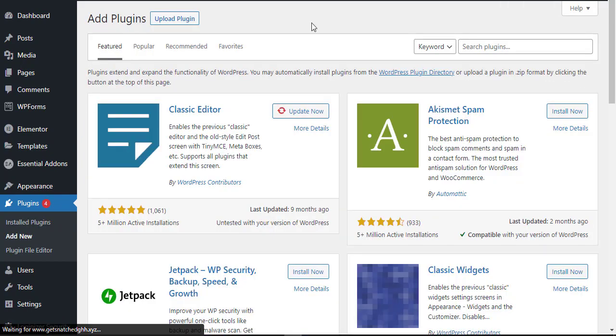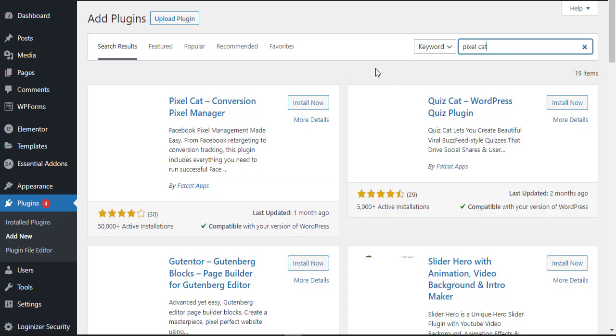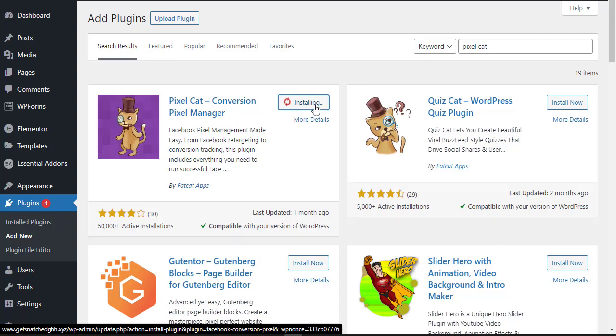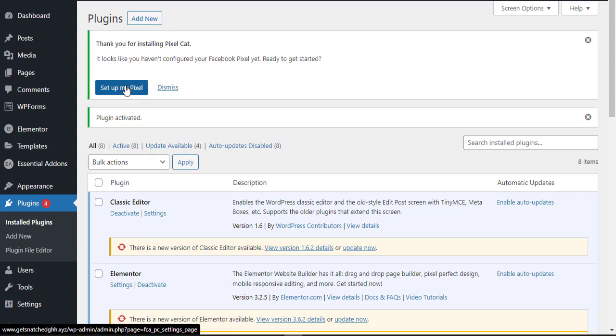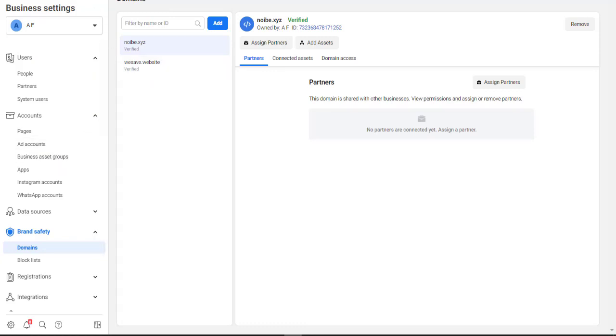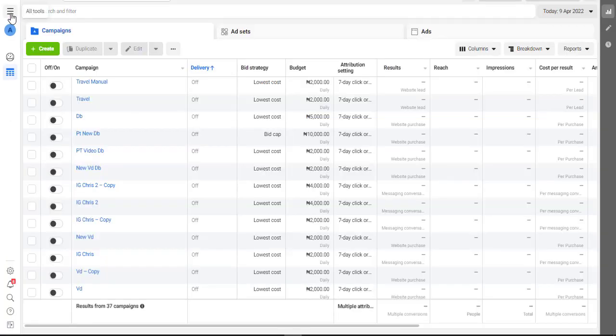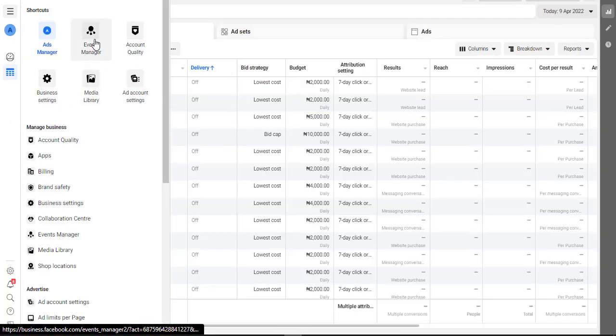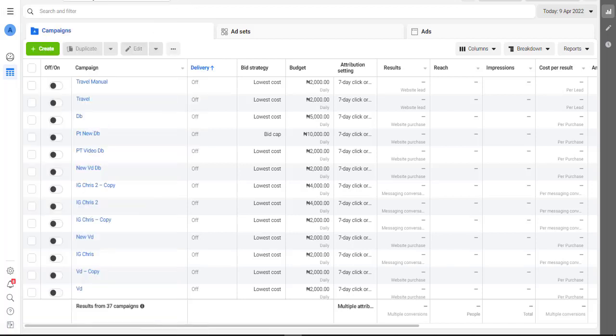So we first need to install our plugin, Pixel Cards. That's what I use. I use the free version, and the free version is enough for me for now. And it asks you to set up your Pixel. So when you come down, now this is the business manager aspects. These other aspects, you come down here, go to your events manager. These are the accounts, and it's going to load up your